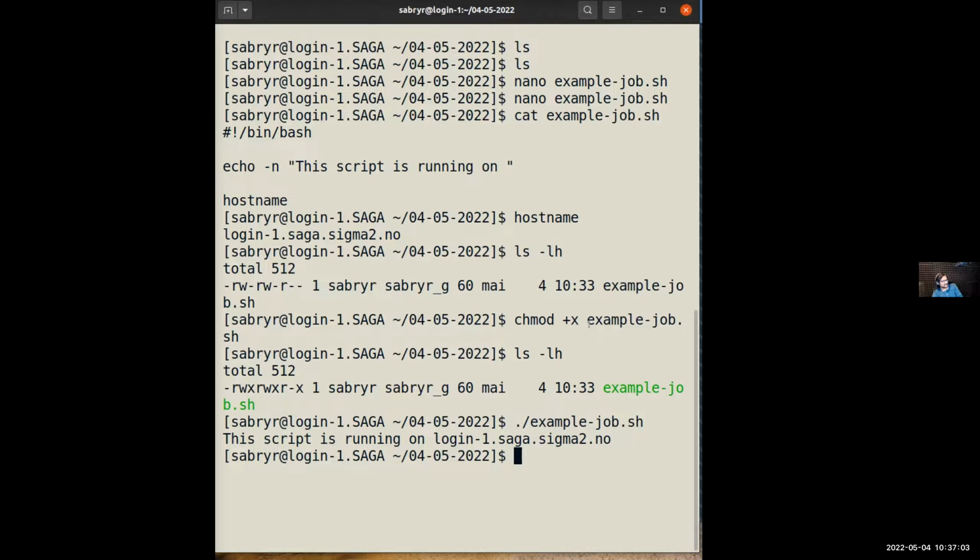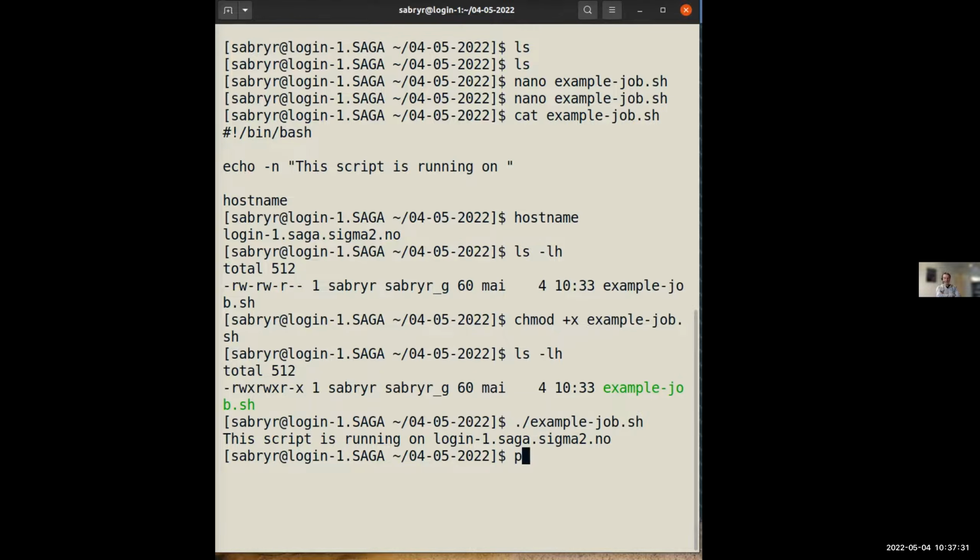Then there's another concept that we're going to talk about now a little bit: in order to use this cluster, you need a bank account, not in the sense of money and real banks, but a project account. Do you know what a project account means, Bjørn? What does that mean? Yes, it's a bank account.